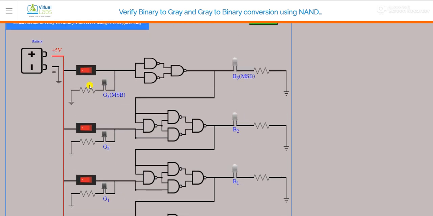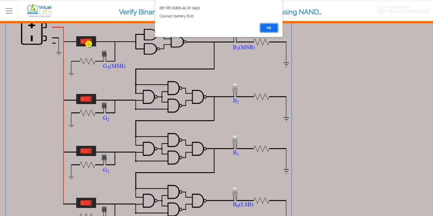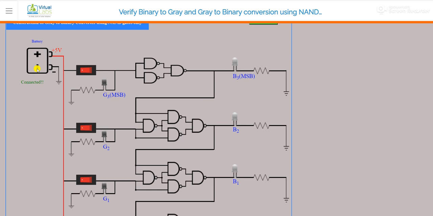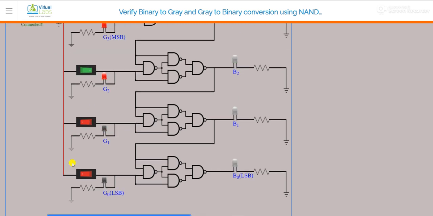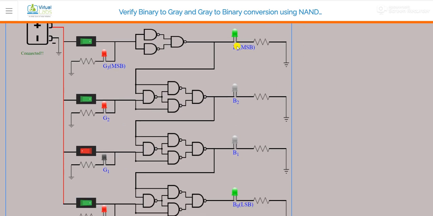So let's apply an input. First of all, connect the battery. Now apply 1 1 0 1, the example that I discussed earlier. The corresponding output will be 1001.